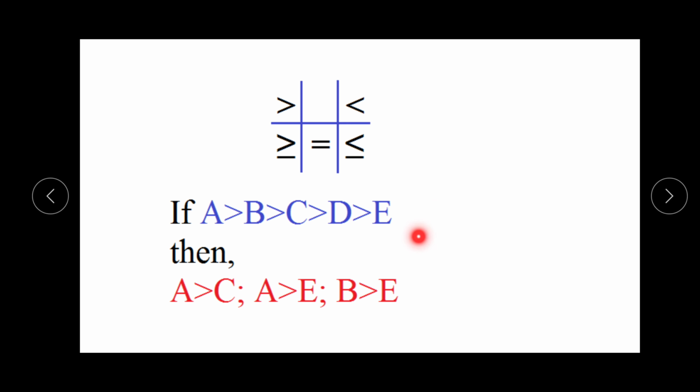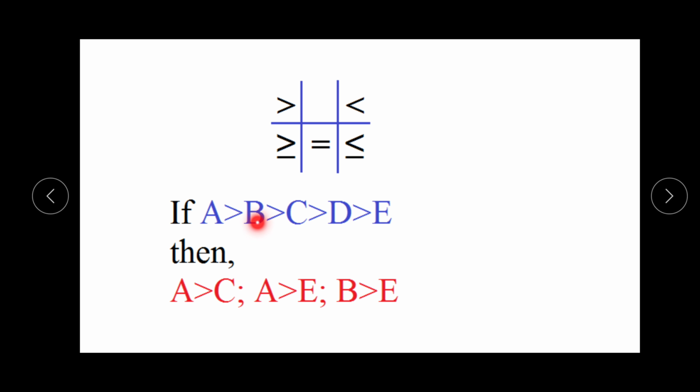But if we find out the relation between these alphabets, what we will do, we will check that only the same type of inequality is used. If we solve the first, directly we can say that A is greater than C, or that A is greater than E, or that B is greater than E, B is greater than D. It means we will check only which type of inequality is given between the variables. If the same type of inequality is given, we will not compare step by step.